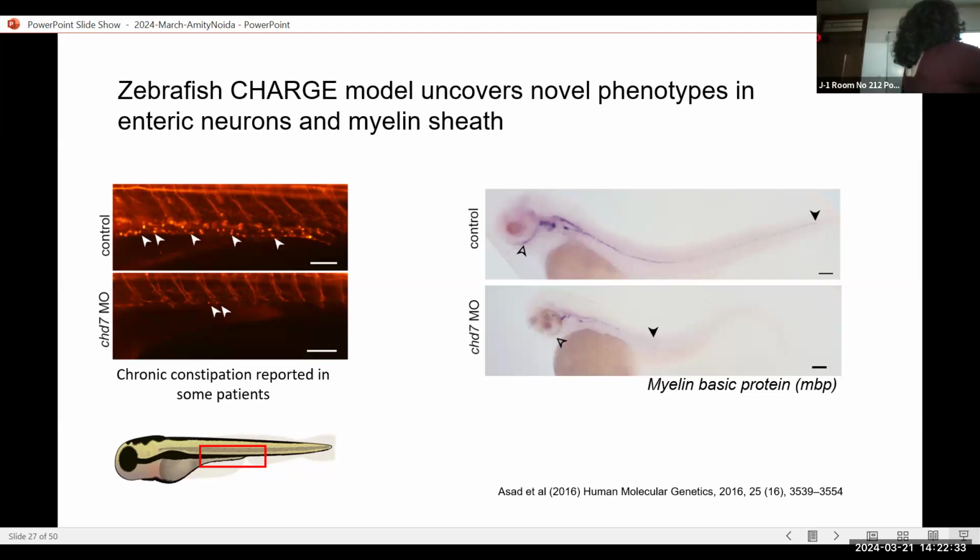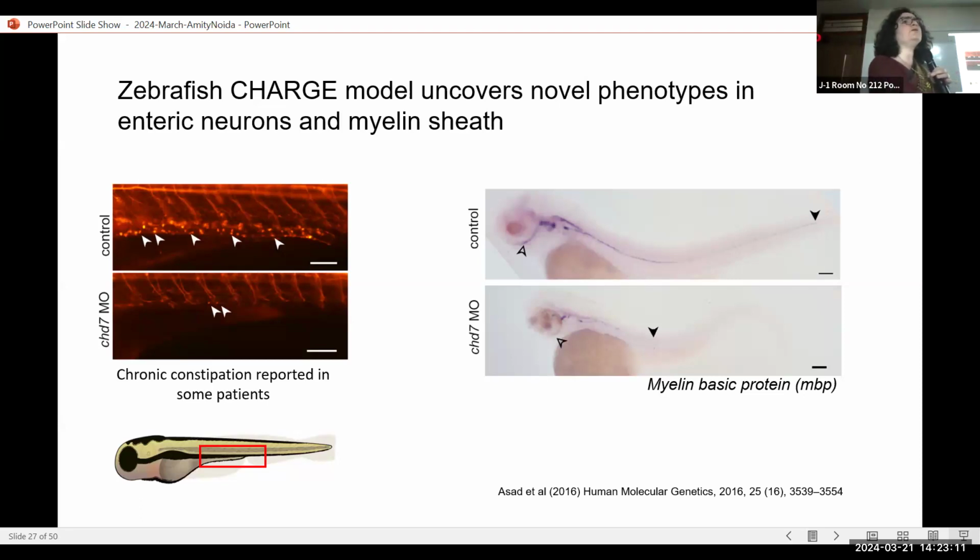And we found that the gut neurons of the control, which look like this, is almost completely absent in the morphant animal here. So the gut has neurons on them, and this nervous system is called enteric nervous system. It's very important for the peristaltic motion of the gut and for the digestion of the food, right? So we saw that there is a complete absence of enteric neurons here, and this was not reported in patients before. But upon searching a lot, we realized that in patients,